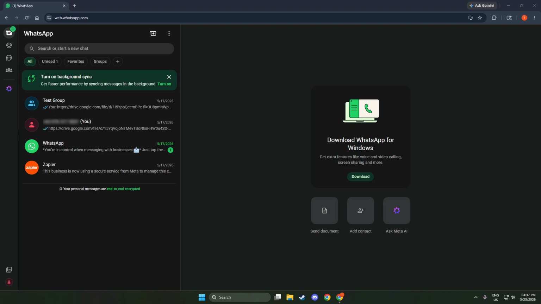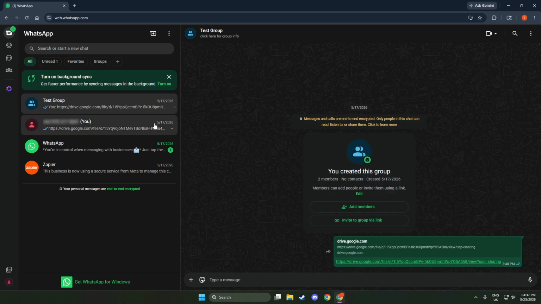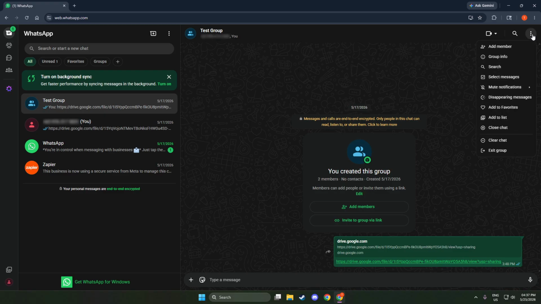Start by opening WhatsApp. Once you're on the main screen, go into the group chat you want to quiet down. It's important to open the specific group first so the next options appear in the right place. At the top of the chat, tap the group name. This opens the group's info screen where all the settings for that chat live. Think of this screen as the control center for the group. Things like media, participants, and most importantly for today, notifications.